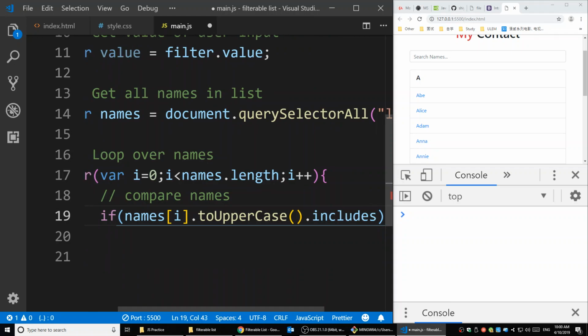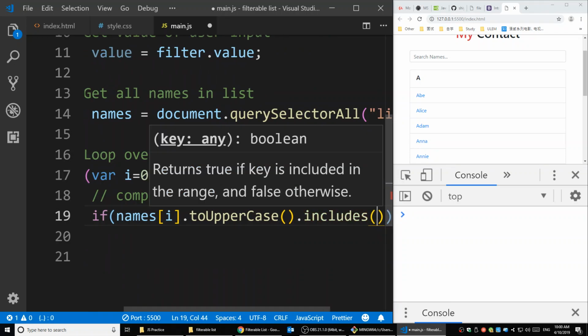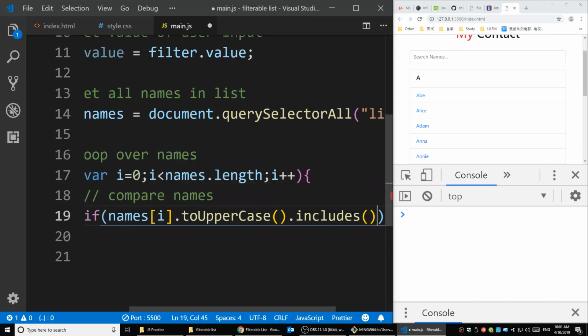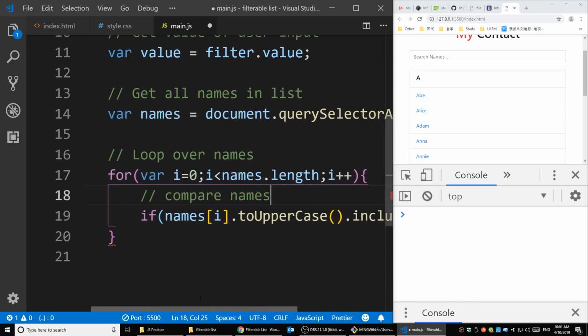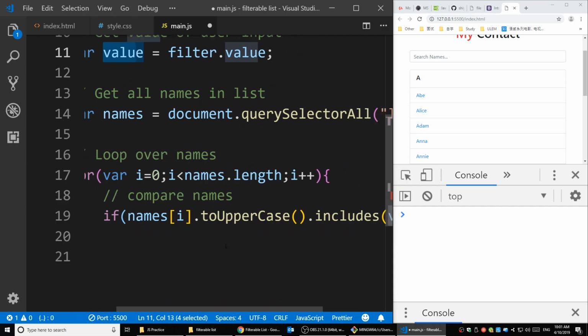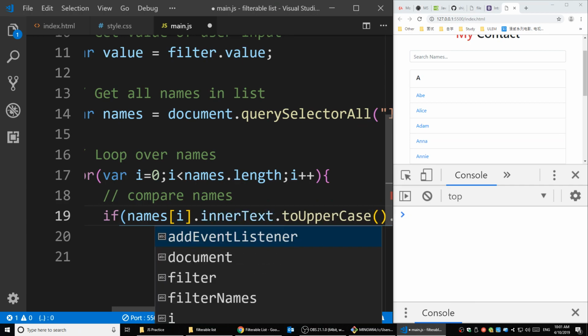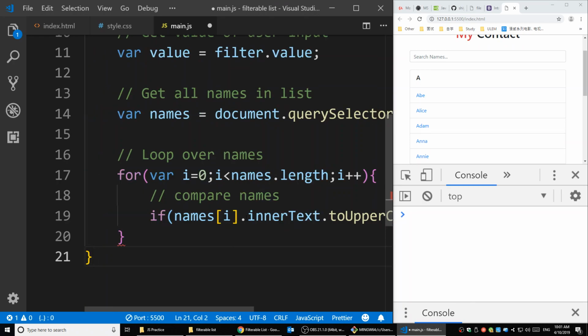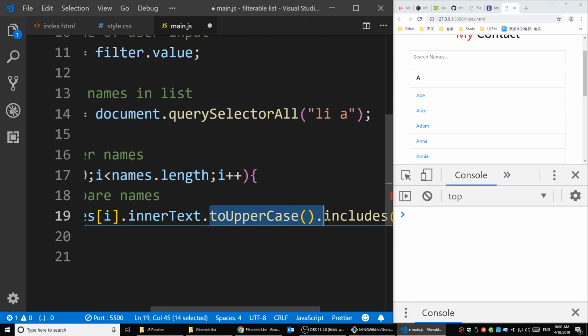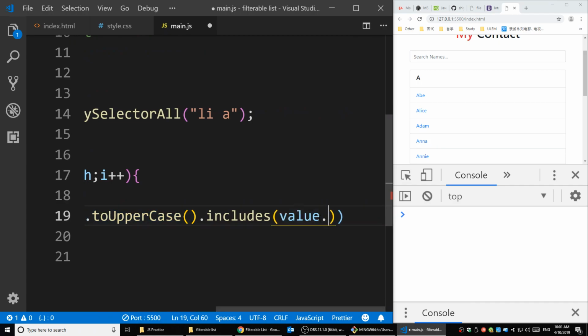includes is a function checking if the string contains another string. If names i includes the value we're getting from the user, right? That one is value. Not names i. It's names[i]. I think we need to get the inner text of it. Inner text. Yeah, I think that is the correct one. So first, that's an attribute. That's a property. So we're getting the names i-th item, getting its inner text, and transferring it to uppercase. If that includes the value toUpperCase,